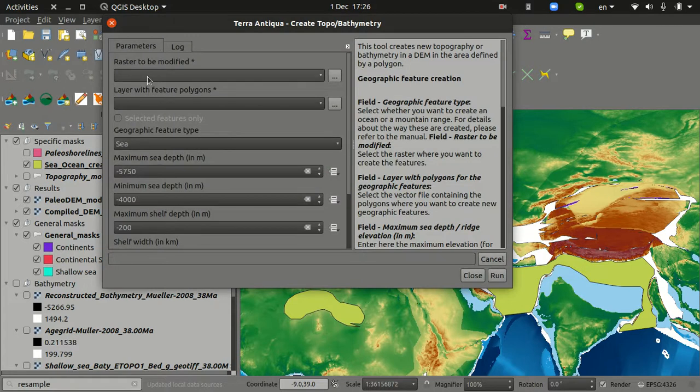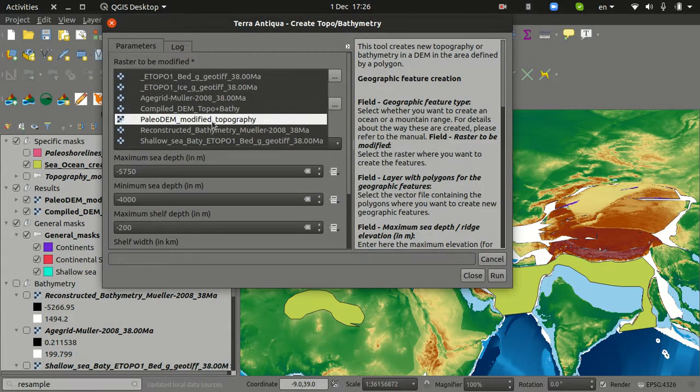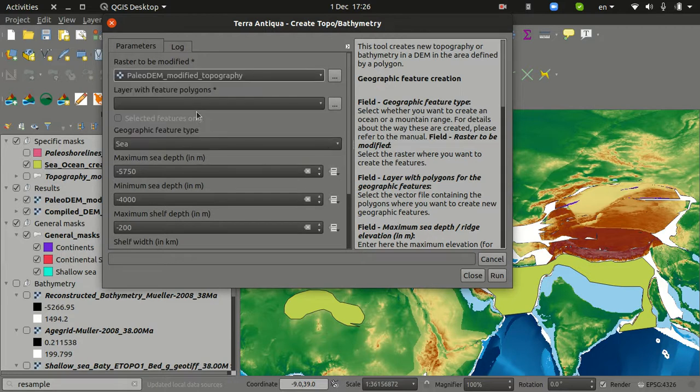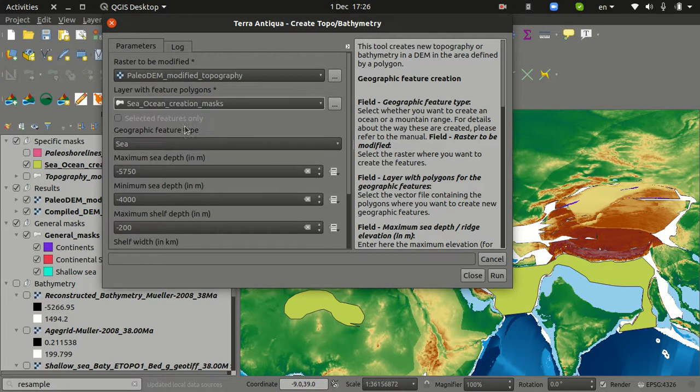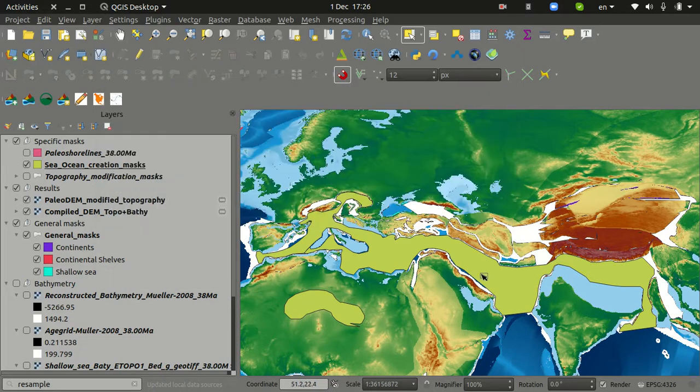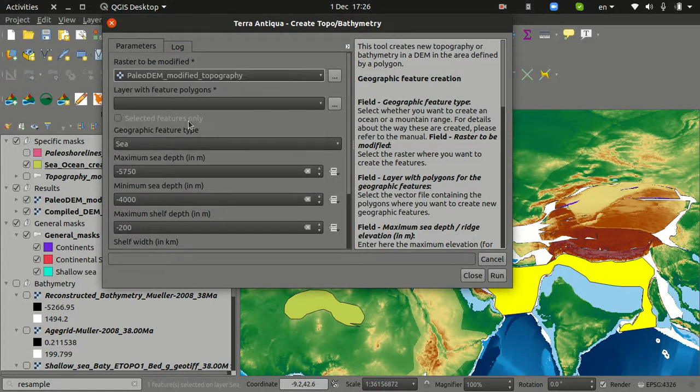So let's again select a raster to be modified, and that would be our paleodem with modified topography. Then we can select our layer with feature polygons. These are the masks that show our tool where to create a sea or a mountain range. In my case I have the sea ocean creation mask. But before I do that, let me select this mask, because I also have a mask which is intended for creating a mountain, not an ocean. So that's why I select the ocean mask and go back again to my tool, select my paleodem modified topography,